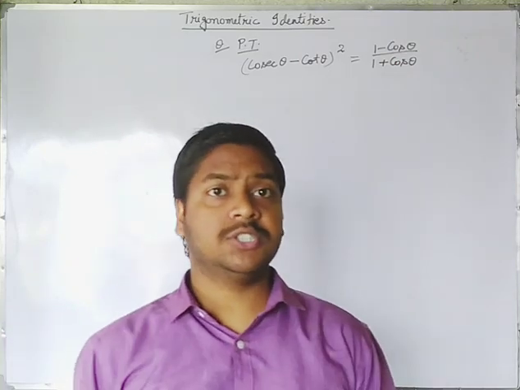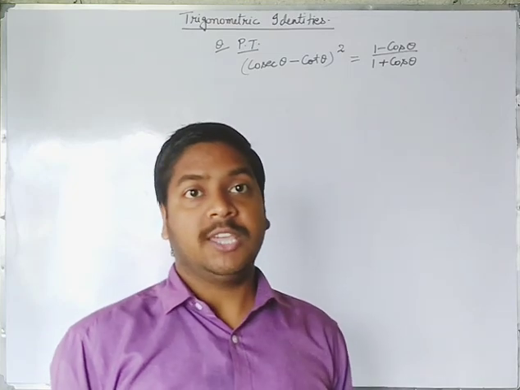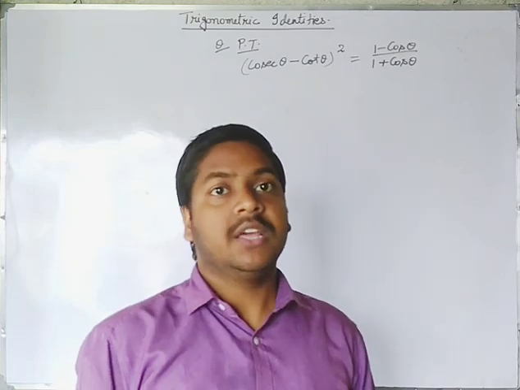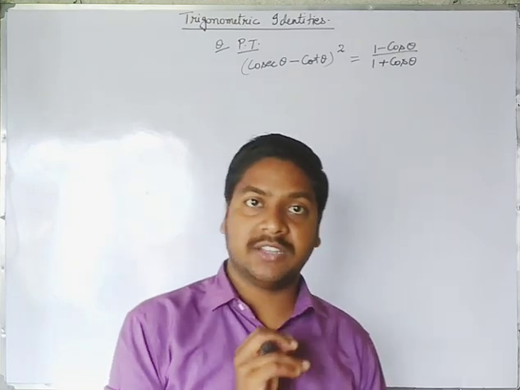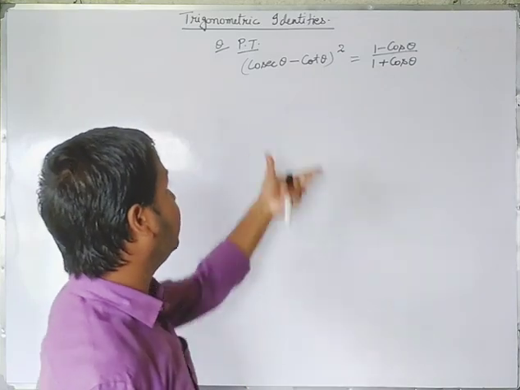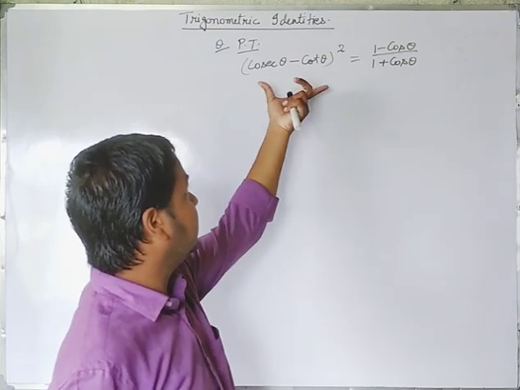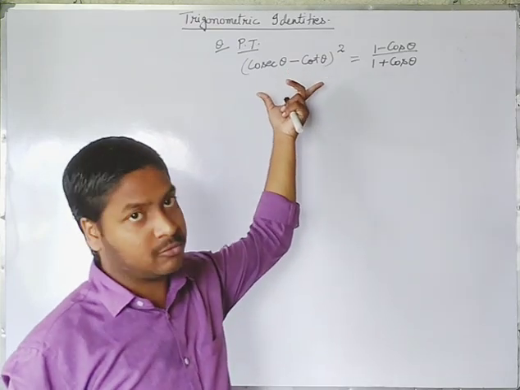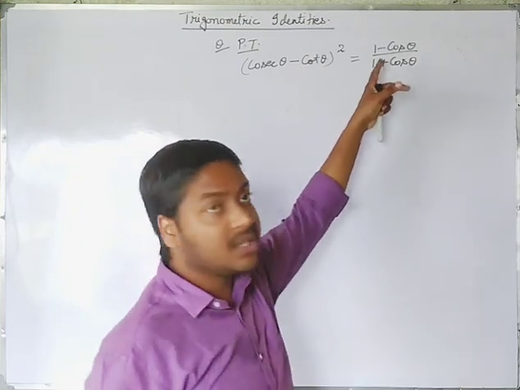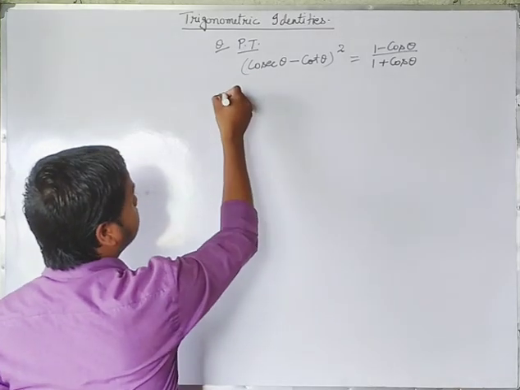There are some questions which have different types of solutions. If you solve different types of questions based on those types, then you are easily able to get each and every question in your own way. Now here we have an LHS and an RHS. I will take the LHS because the LHS is not in the form of sine or cos, but the RHS is in the form of cos. So I will see it.